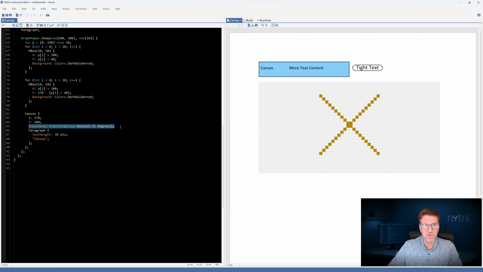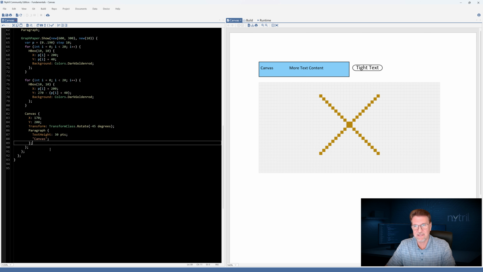It's one of the things you can do with the canvas and other graphical objects, other boxes, is you can apply a transform to them. And we're going to rotate it backwards. We're going to rotate it to the left 45 degrees. And we've simply given it a paragraph with some text. And if we press F5, we'll see that it's placed in the image, in the canvas here. And so that illustrates how we can rotate and position things inside a canvas at will.